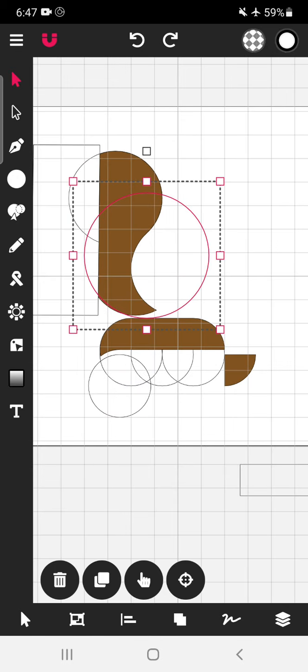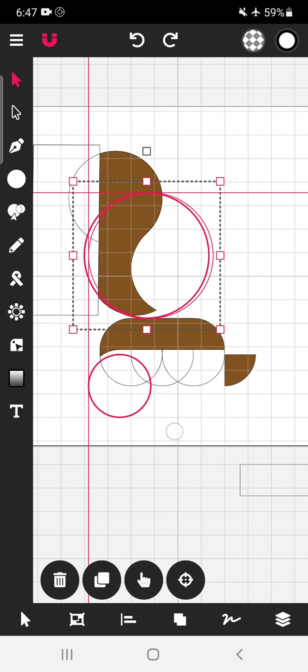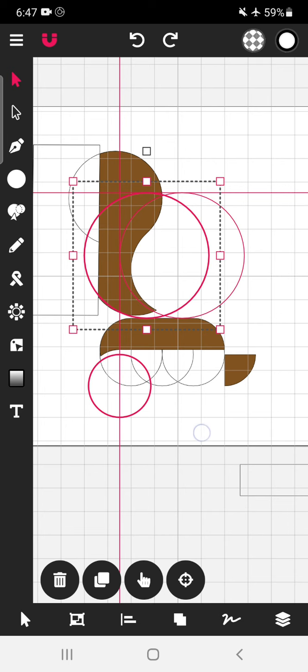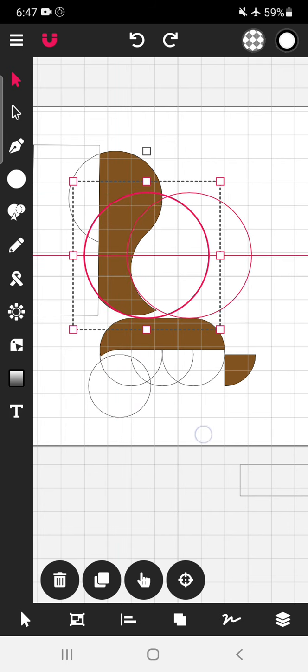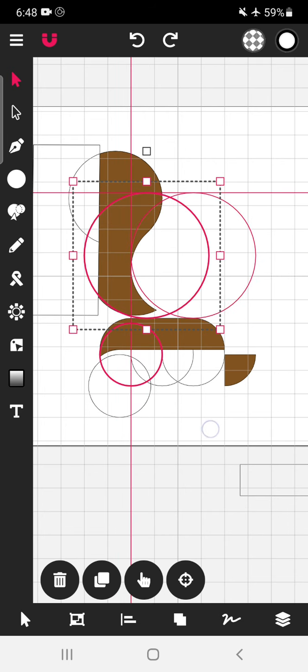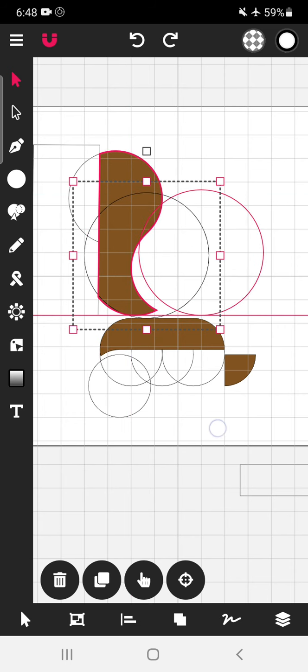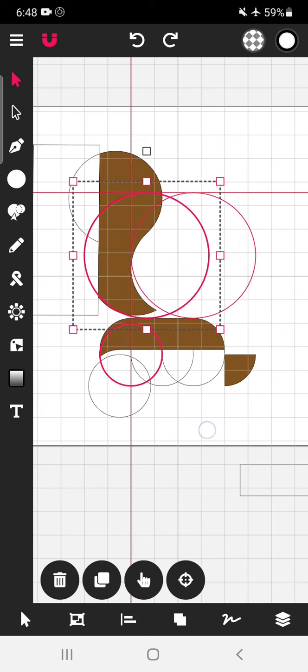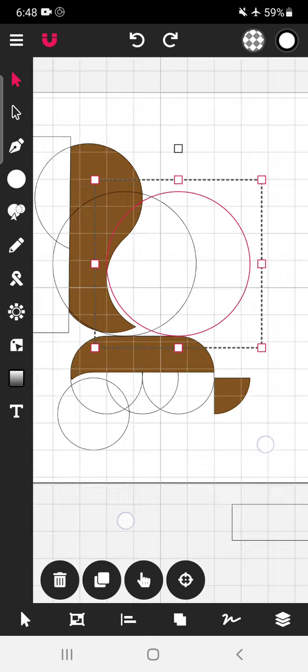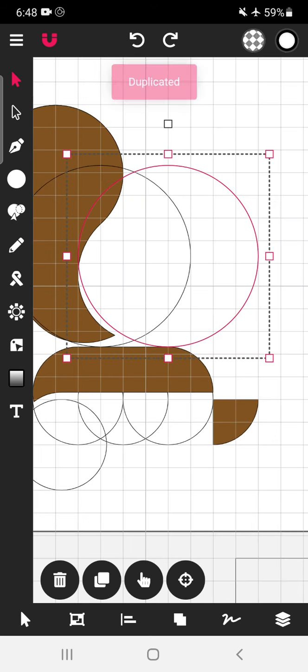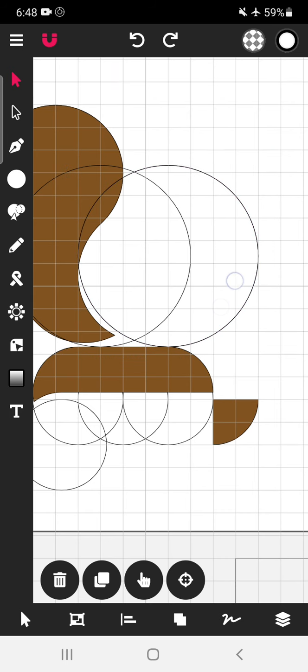Okay, so the wing will start from here. One more copy, move it like this. So this much is better. Now one more copy. This area we are going to use.